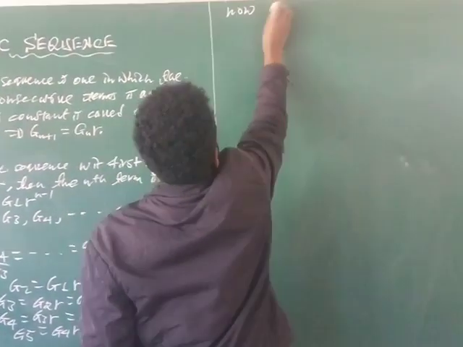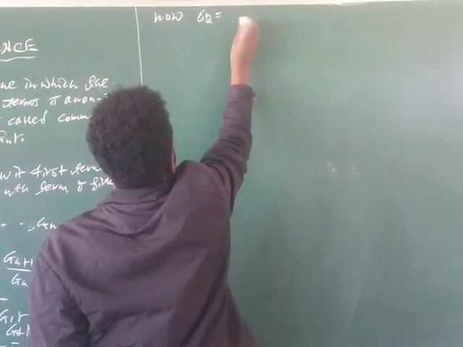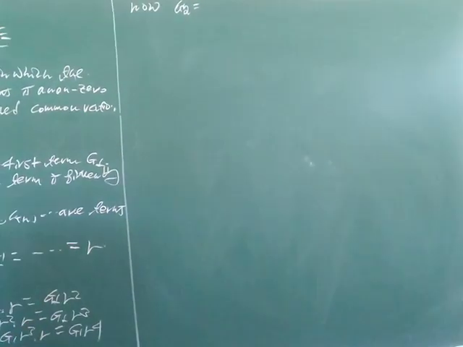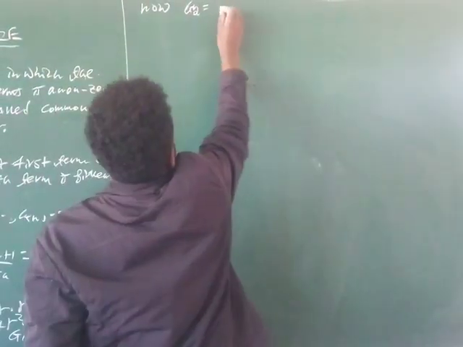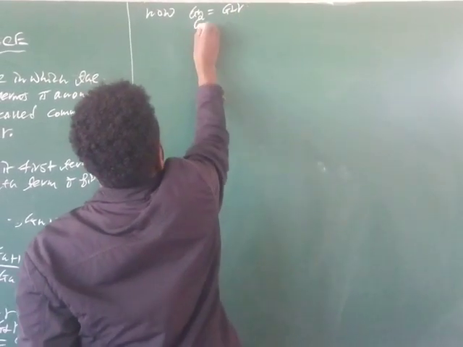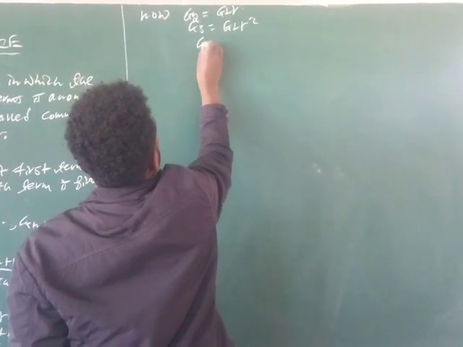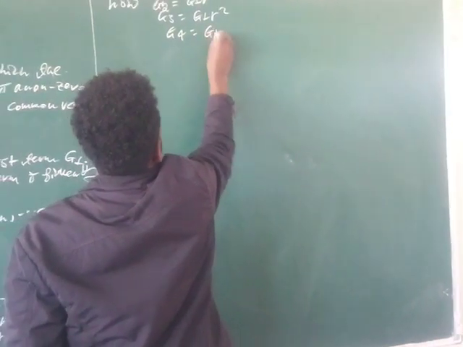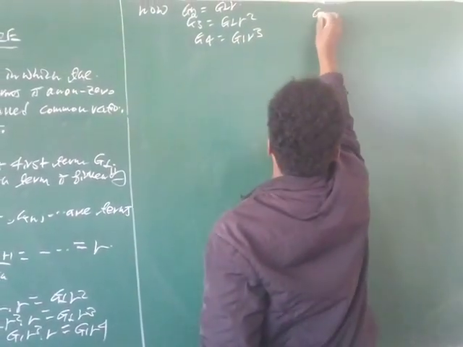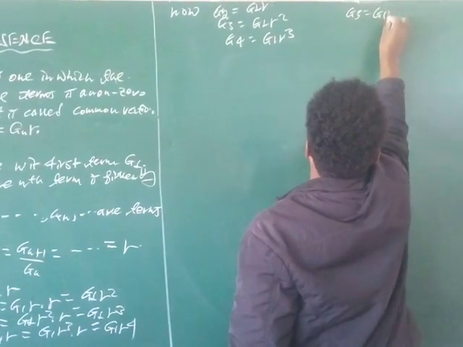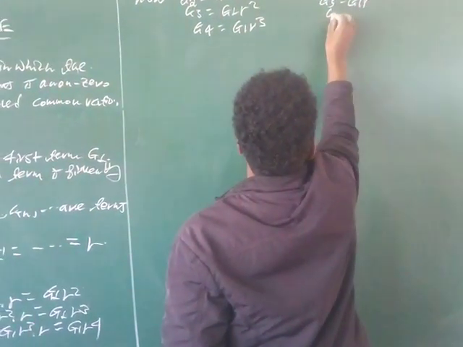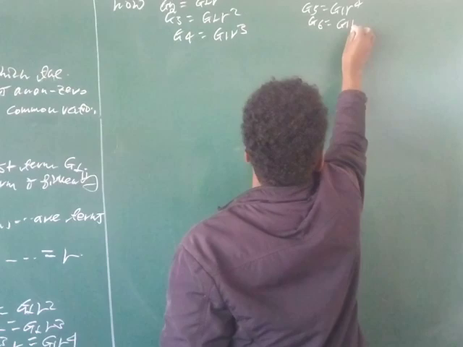Now we have g2 is g1 r, g3 is g1 r squared, g4 is g1 r cubed, g5 is g1 r to the 4, and g6 we obtain g1 r to the 5,